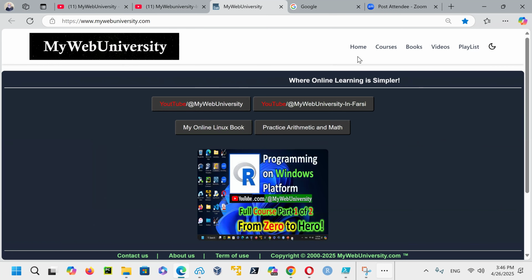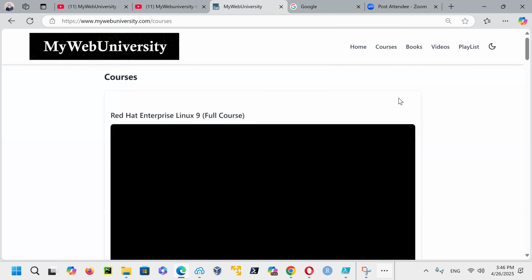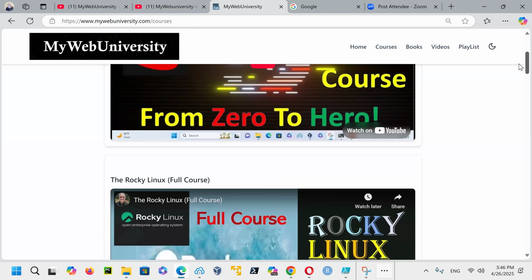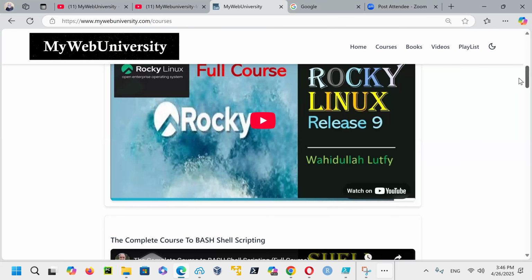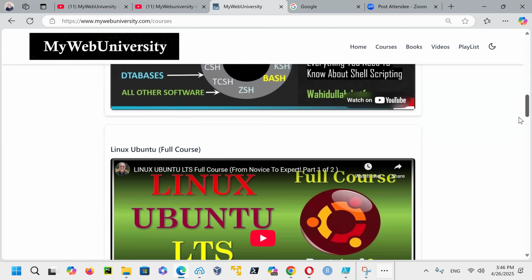You're very welcome. It has menus that you can go through, for example, Home is this one. If you click on Courses, there are a lot of courses that I have already provided, like Red Hat Enterprise Linux, which is a 4-hour course, and Rocky, which is another 2 hours of video, and then Bash scripting and Linux Ubuntu.